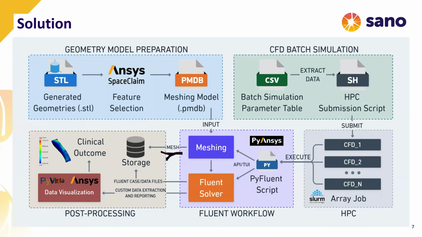Here, PyFluent also allows us to extract some data and metrics from the runs. But because the workflow is script-based, it can easily be extended with custom pre-processing and post-processing tasks. And as I mentioned before, the array job approach here can be substituted with tasks